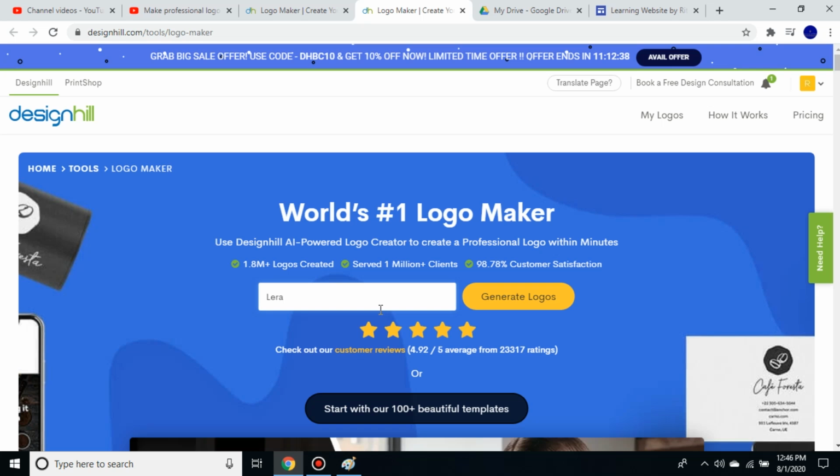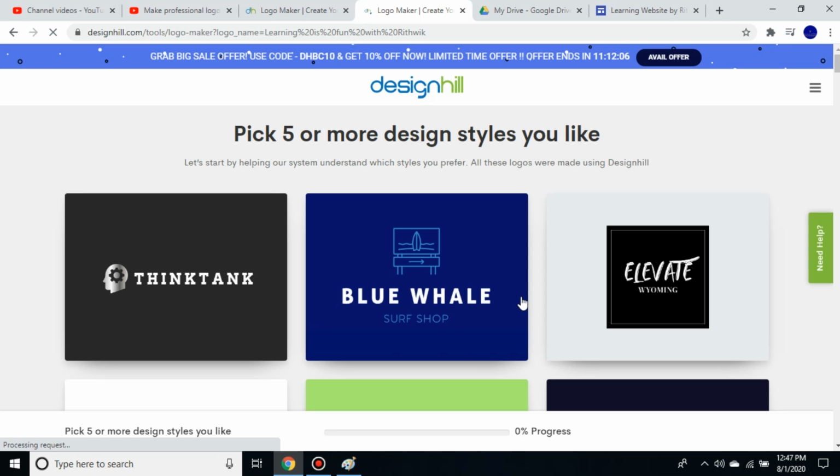So I will type here Learning is Fun with Ritwik. After that, click on this generate logos, and it will redirect you.